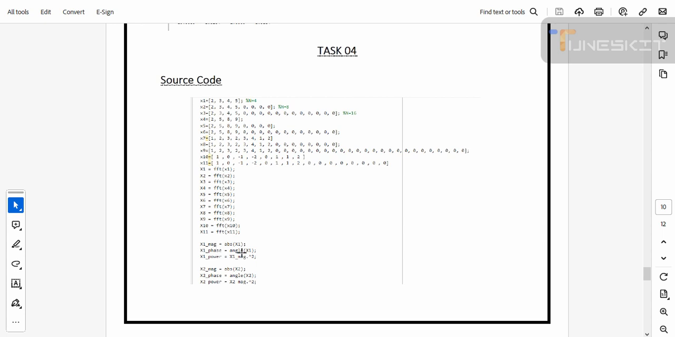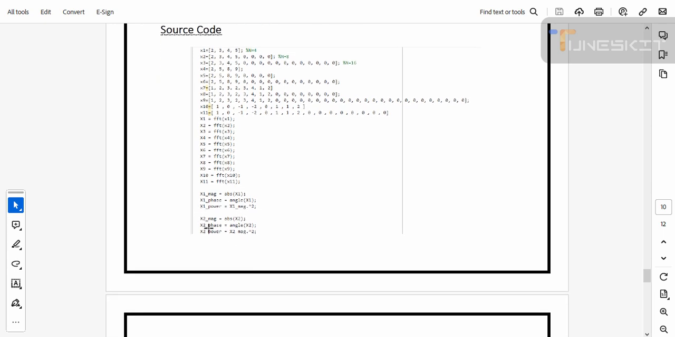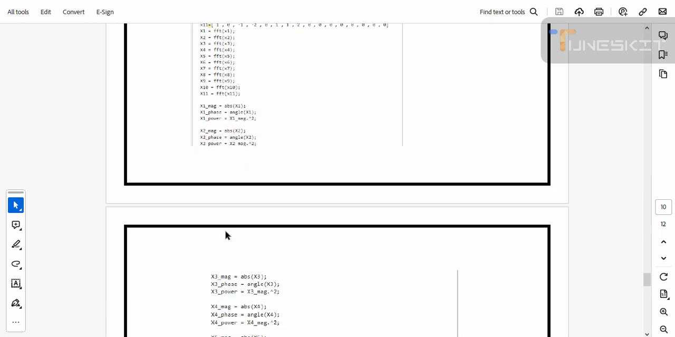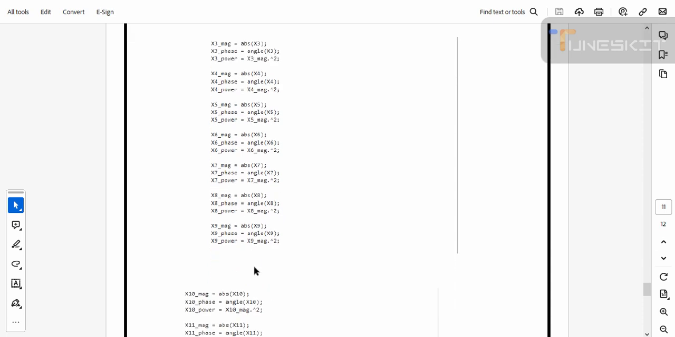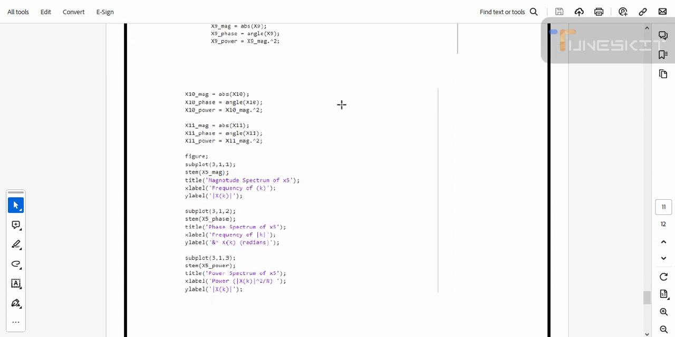Then x1 imaginary is equal to absolute of x1, then phase is equal to angle of x1, and power is equal to x1 imaginary to the power of 2. Basically we have to find imaginary values, then phase, and then power of the above functions. First we have to assign the range from x1 to x11. So at last we use the subplot command, then the stem command,